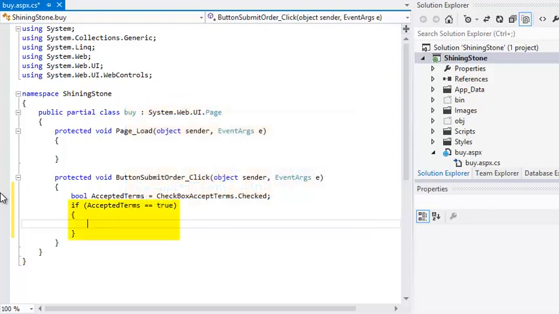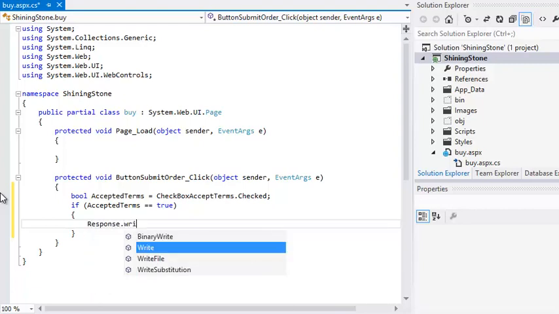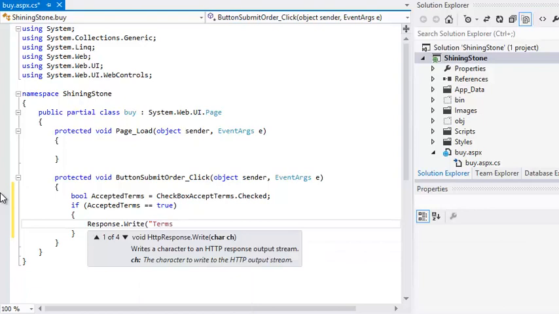This is a very simple if statement. As you can see, the code is very similar to the code that you've used to create methods. Everything inside the curly brackets will only run if the acceptedTerms variable has a value of true. In other words, the code inside the curly brackets will only run if the user has checked the checkboxAcceptTerms control. Now add the following code inside the if statement. Response.Write("Terms OK");